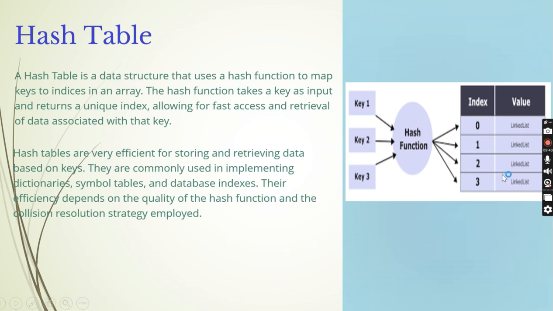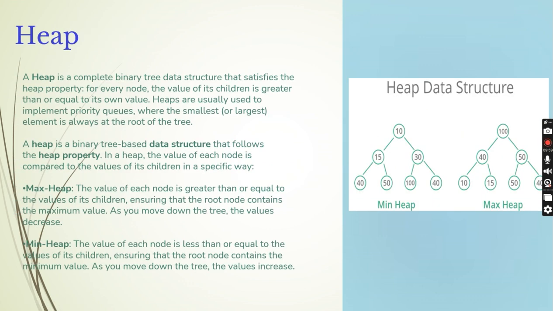So this is the basic representation of the hash. These are the keys which are being used as the index, and the values are there in the form of a linked list. So, heap data structure: it is a complete binary tree data structure that satisfies the heap property for every